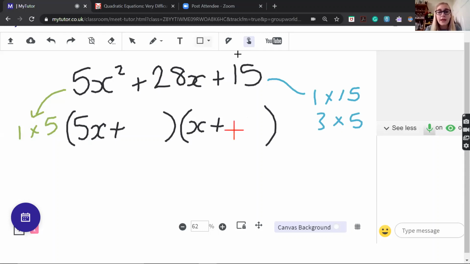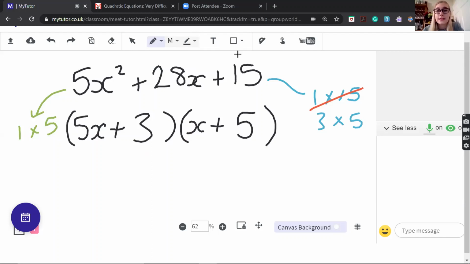If we put the 1 here and the 15 here, we get 15 times x plus 1 times 5x, which is 20x, which is too small. So we know that it's not this option. We've tried those both ways around and it doesn't work. So it's going to be 3 and 5. If we put the 3 here and the 5 here, we get 3 times 5x, 15x, plus 5x. So that's plus 20x again, not right. If we put the 5 here, we get 25x, and then the 3 here adds 3x to give us